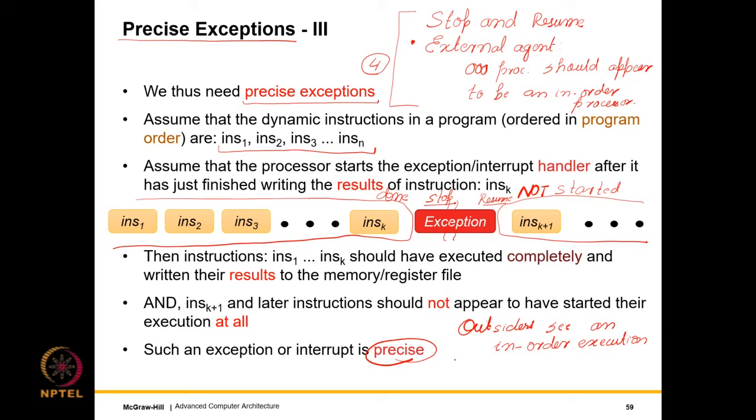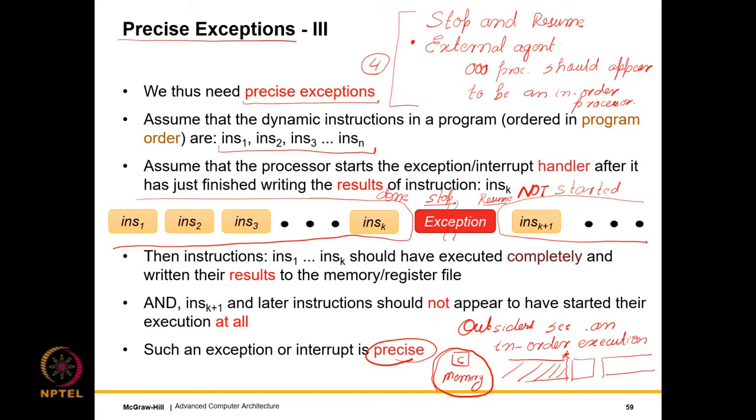So basically, the processor in this case consists of the cores, the core and pipelines are the same, and of course the memory. All the memory that you are using doesn't matter, let me just draw a full circle around them, that's a black box. Any outsider outside this black box will see in order execution, which will allow us to essentially stop the program at some point. So we are sure everything before this is totally done in program order, execute the exception handler, and again restart at the same point. So we are sure that nothing after the kth instruction has even started.